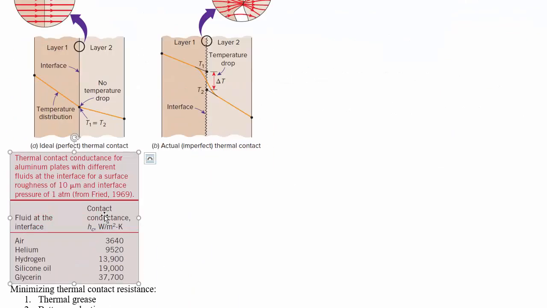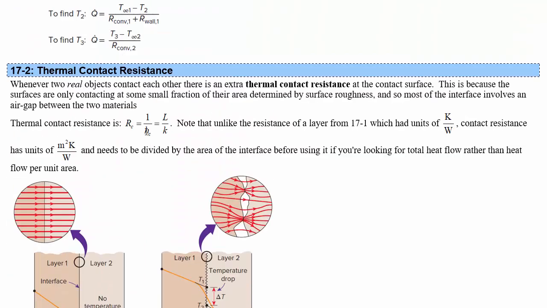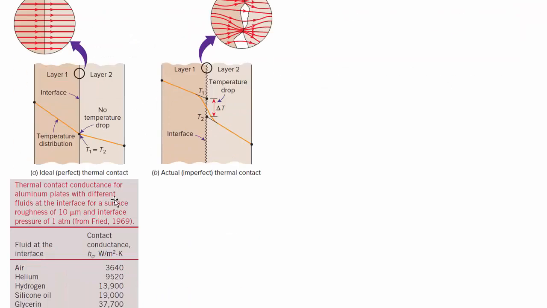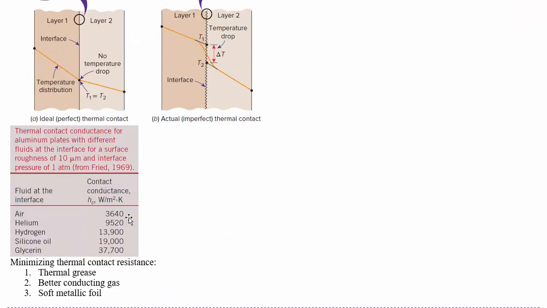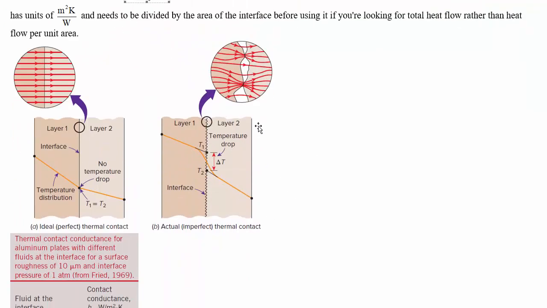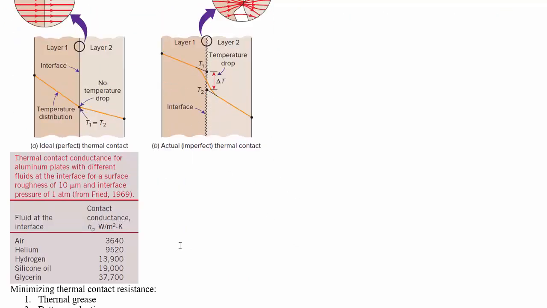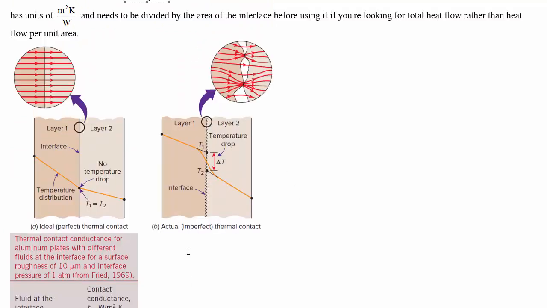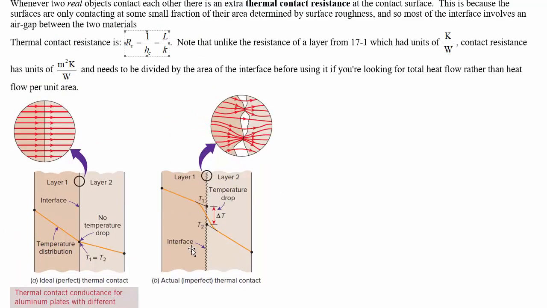So here are some contact conductances, h_c, which are the inverse of thermal contact resistance. Again, not the real resistance of the contact layer. And you see that for air, it ends up being maybe 3600, and this can be quite significant for different interface layers. So there are some examples in the practice problems where you'll get to explore this and see how this compares to different conduction